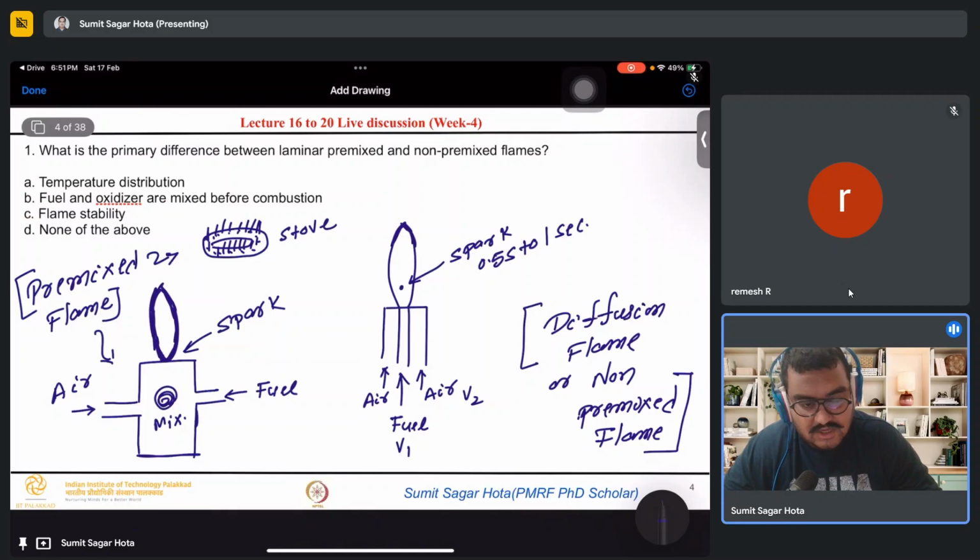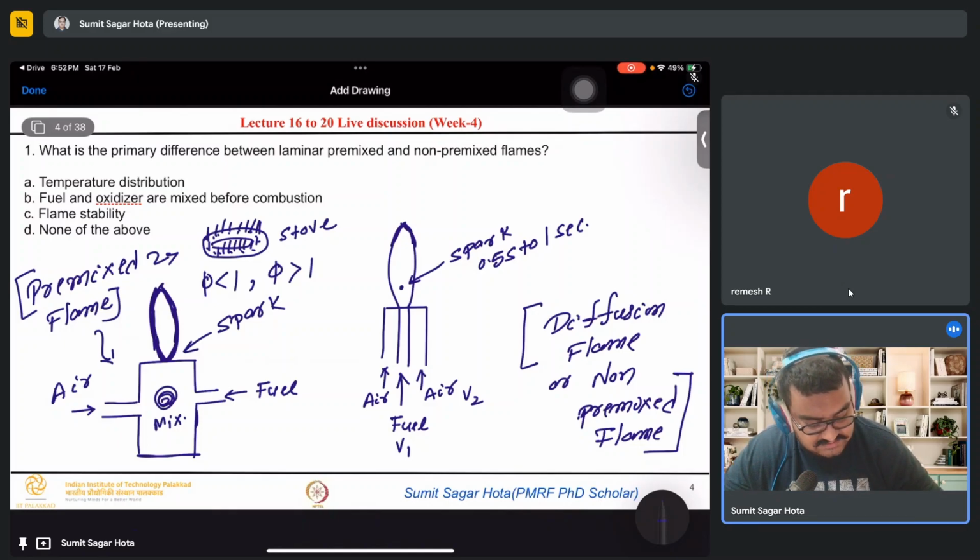For example, in pre-mixed flames, what can we control? We can control the equivalence ratio. I may want a little lean mixture, so I can take phi equal to 1, phi less than 1, or phi greater than 1. These cases are possible in a pre-mixed flame, but the same thing cannot be possible in a diffusion flame, because you are supplying some definite amount of air and some different amount of fuel.